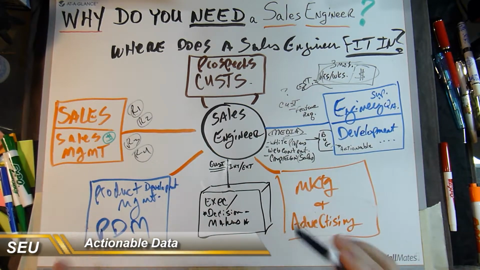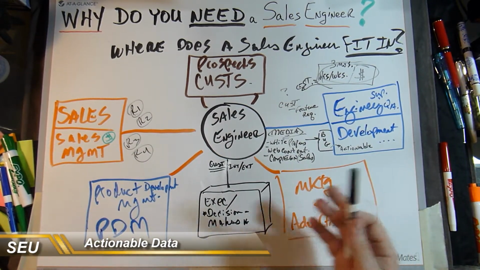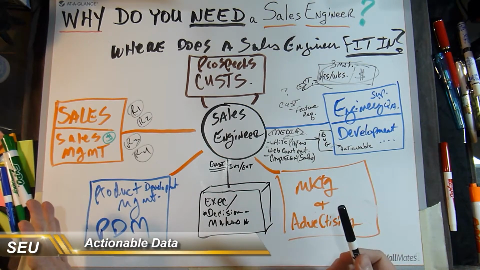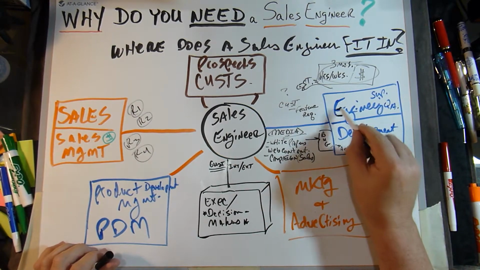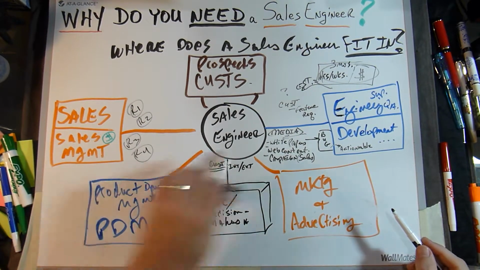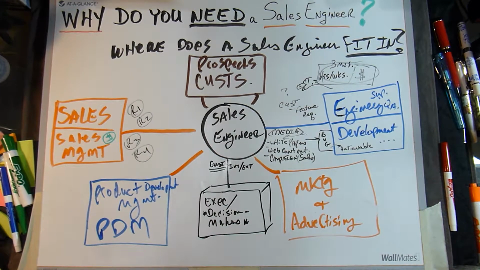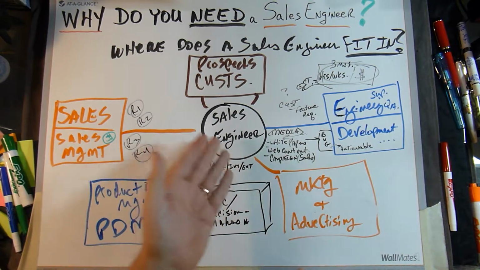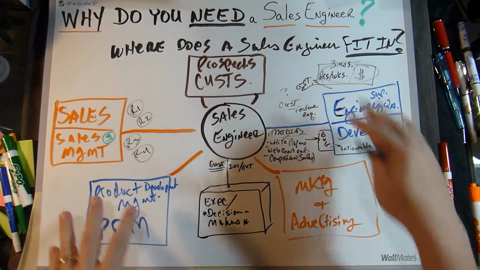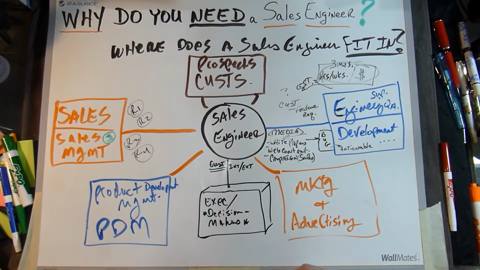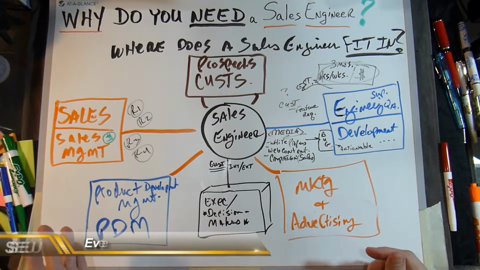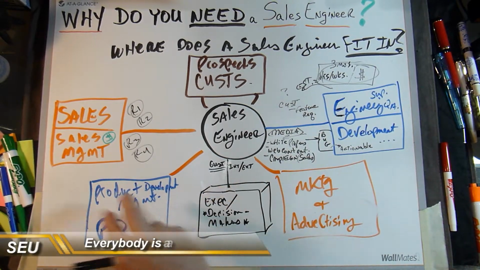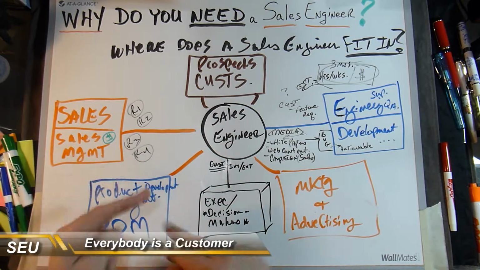So, I've got the big parts here. There are others. You may even have some of these combined. But let's treat them as separate business entities, figuring that if you're big enough that you have a sales organization, dedicated salespeople, you definitely need a sales engineer. That's the bare minimum that your company should be at. If you're selling things for $5 via credit card on a website, you have no need for a sales engineer. You don't have disparate groups, which means they are different and each with their own individual goals and objectives and milestones that don't rely on the others.